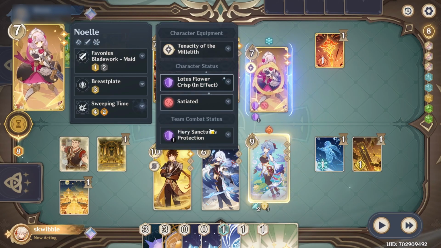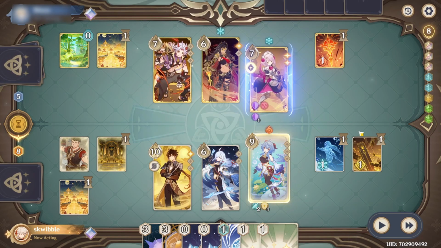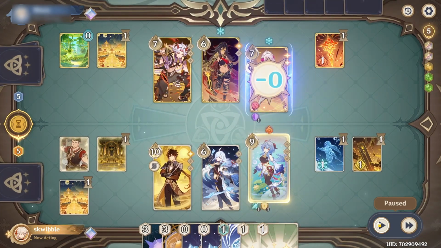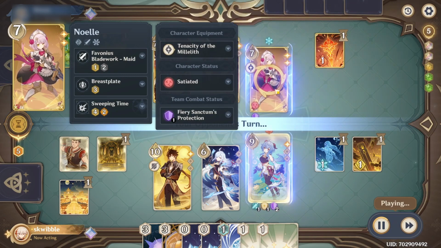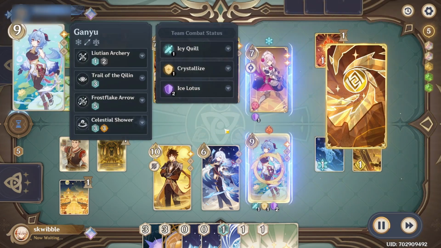Opponent has Lotus Flower Crisp and a bit of protection and Tenacity of the Millelith on here, but I can't really get away with not attacking Noelle this turn. So I'm just going to knock off the Lotus Flower Crisp with Ganyu's skill, the Lotus. That does get some value out of the...